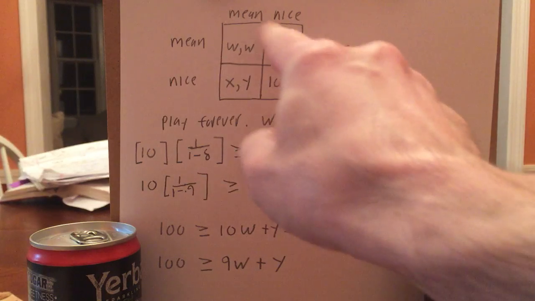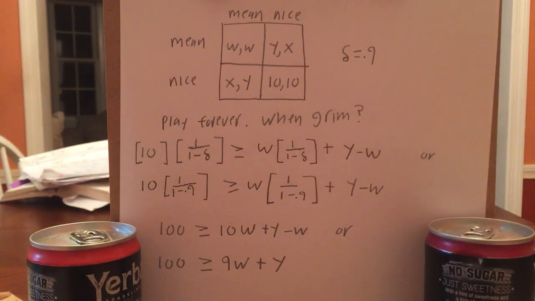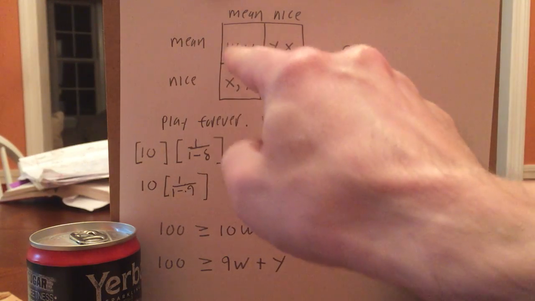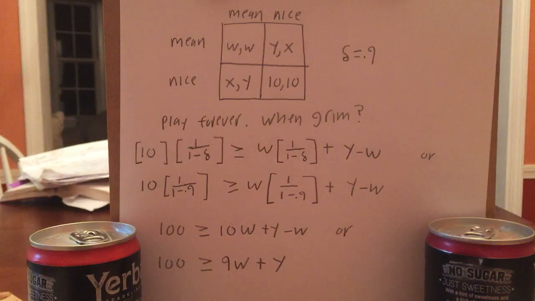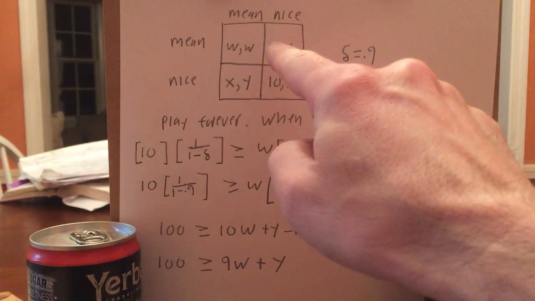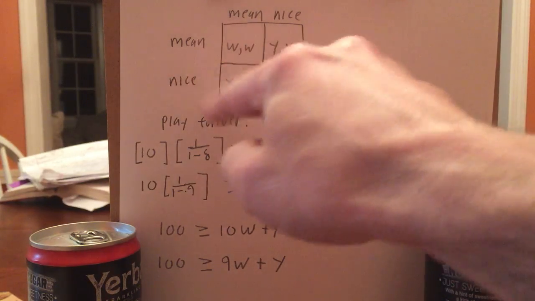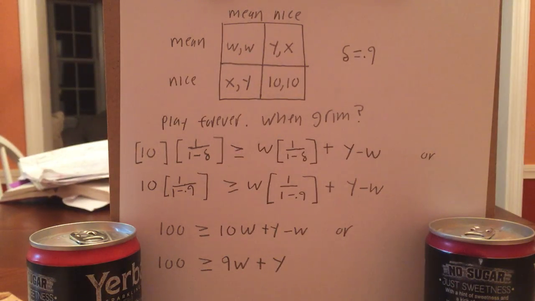This is a more abstract version of the last video, where we were talking about a repeated prisoner's dilemma. This is a prisoner's dilemma game. Imagine W, X, and Y are defined to make this a prisoner's dilemma game. That would have to mean that W is lower than 10, because everyone getting mean is worse than everyone getting nice. Y has to be greater than X. In fact, Y has to be the biggest of all, and X has to be the smallest of all. And in this repeated prisoner's dilemma game,